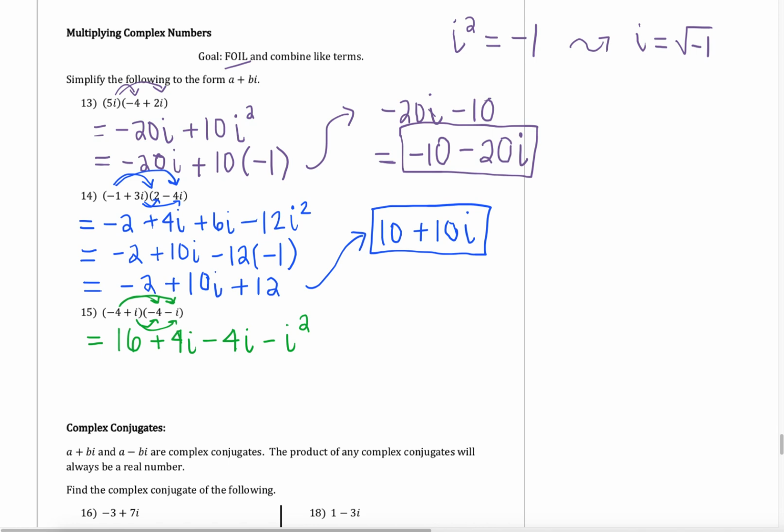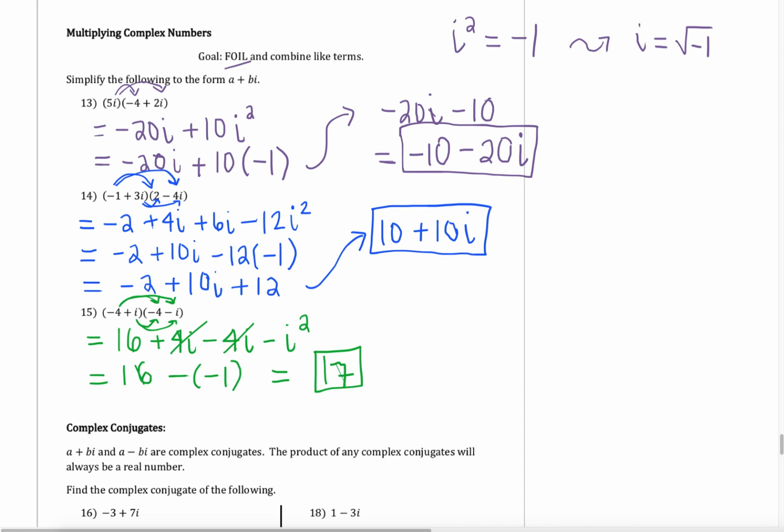From here, we can see that our inner terms are actually canceling out since I have a +4i and a -4i. So I still have that 16. The inner terms canceled, and then that i squared, remember, we can replace with a -1. So I end up with 16 minus a -1, which if I add them together, I would end up with 17 then. So in example 15, we actually ended up with a real number in the end